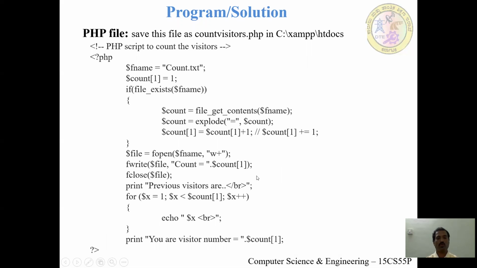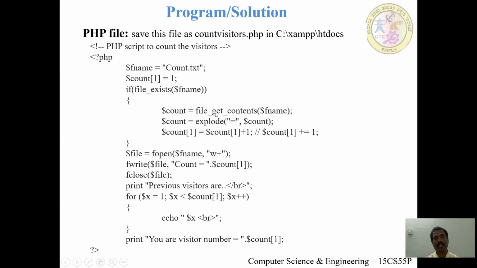Then in order to count the number of visitors, we need to create a script. Okay, so start the script with angular bracket question mark PHP fname equals count.txt, that is file name, to store the number of counts. I have initialized the count with the 1. If file exists, then do this thing,